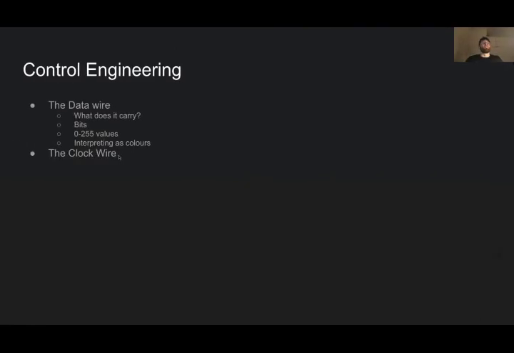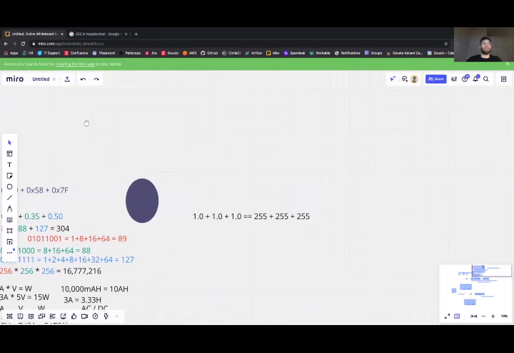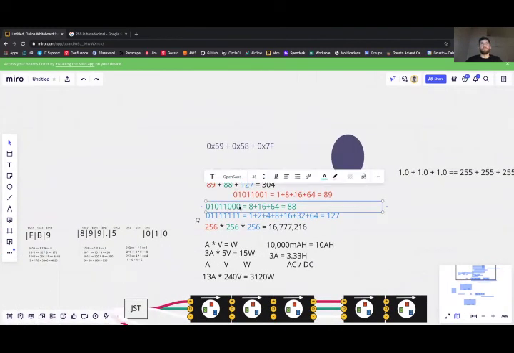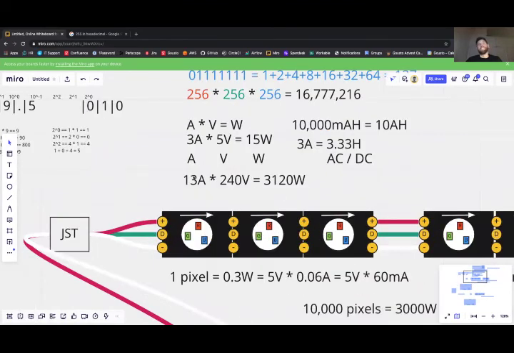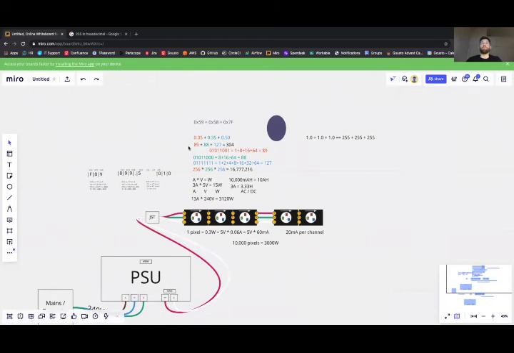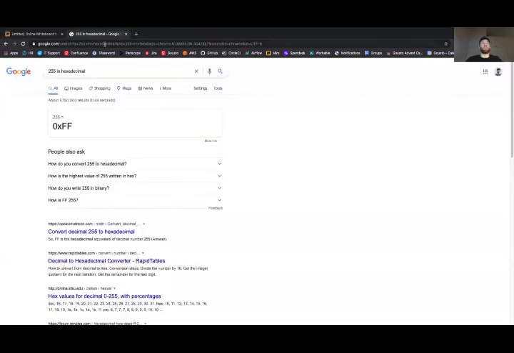Okay, now that's what the data wire carries. So you're going to be sending out a signal which has a sequence of triads of bite-sized 8-bit binary numbers, which govern each of the emitters in each of the LEDs in this sequence. If you happen to select APA102Cs or any of the other related variants of integrated circuit instead of WS2812B,